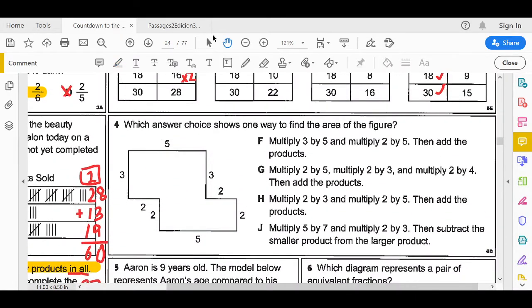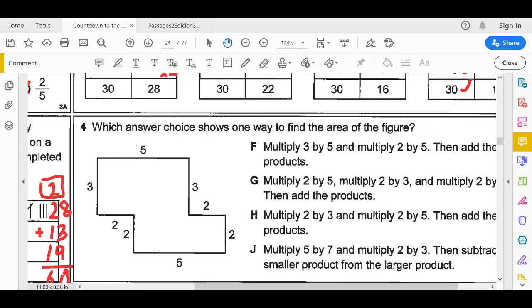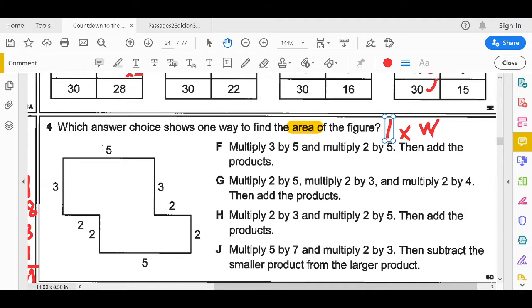Number 4, it says, which answer choice shows one way to find the area? Remember that for area, we have to multiply the length, I'm going to put an L for length, times the width. I'm going to put a W here, length times width. That's what we do to find the area. And remember that when we have an irregular shape, it means a shape that does not have only 4 sides, in this case for the area. Then we have to